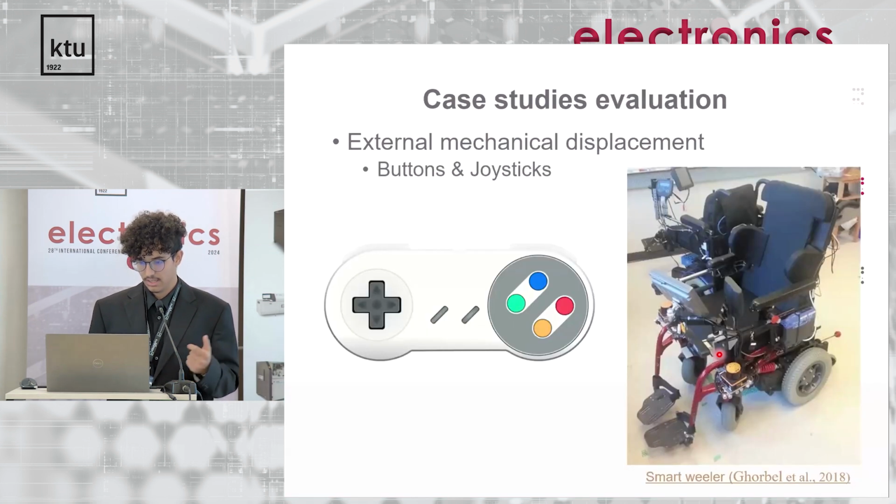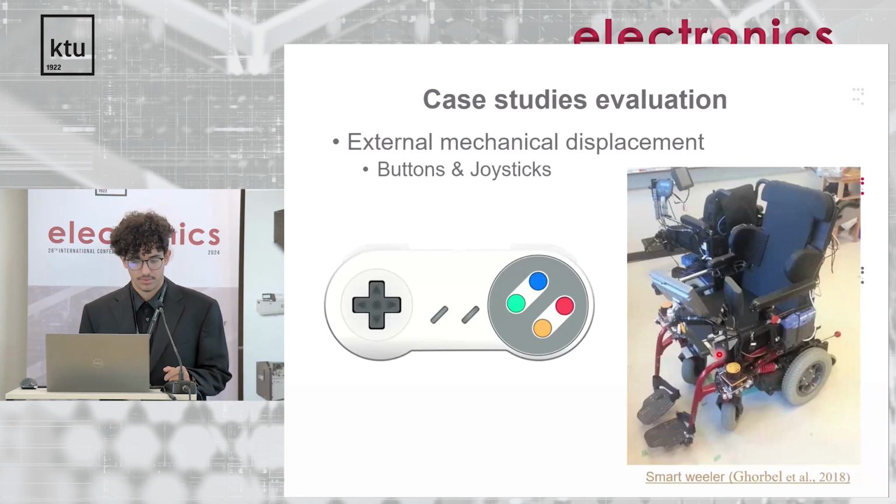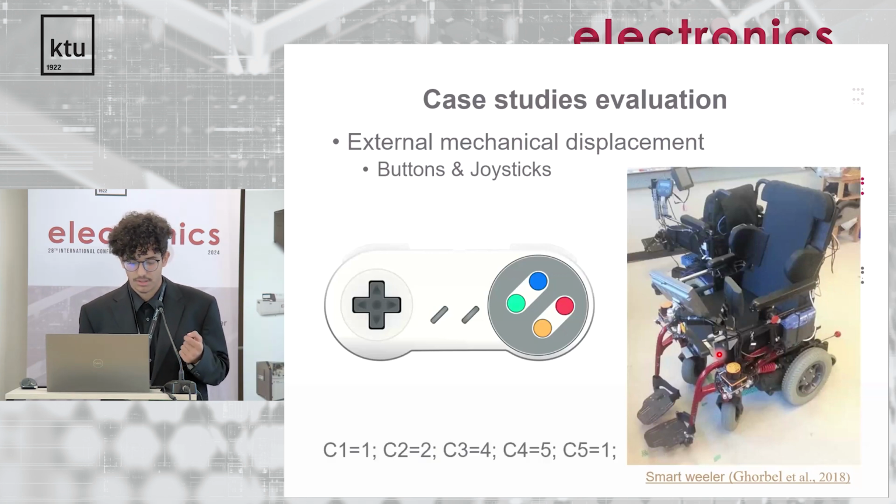Let's see the case studies for each one of these intent sources. So firstly, the external mechanical displacement, as we can see here in the smart wheelchair on this paper, uses a joystick to control the direction. And while analyzing it, again, its accessibility score is the lowest because you need to use your hand movement and put some effort to do that, so